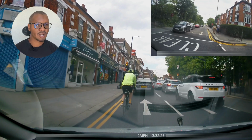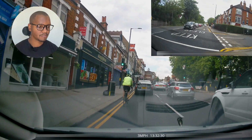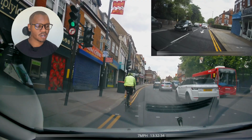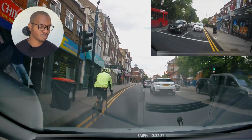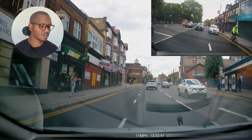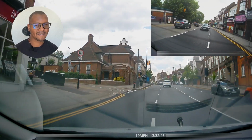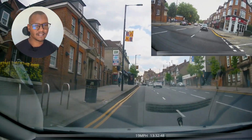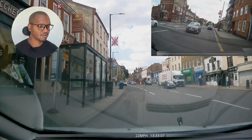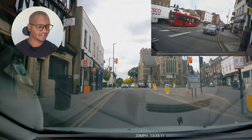And going up, this is going up towards High Barnet, and on this particular section the examiner might say to you in about 400 yards we're going to go towards the left or going towards the right. It depends which way they go. I think this time they're going towards the left, so you want to go back into the left lane, but bear in mind that sometimes there's lorries and vans and things like that parked on this section delivering stuff, so just be careful of that. And you see the road veers towards the left, and then you can also go to the right, but this time we're going towards the left hand side,